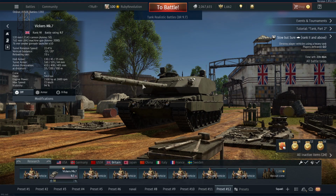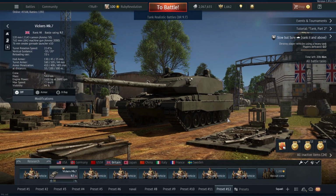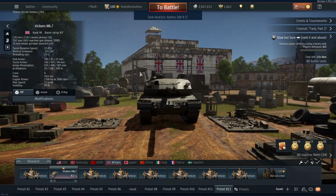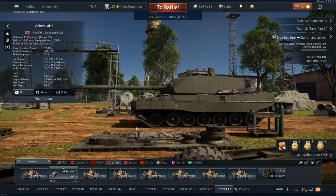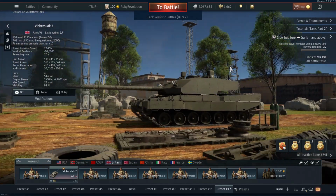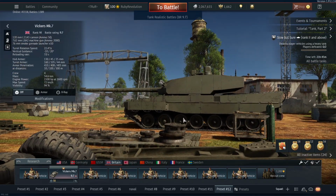This is the Vickers Mk7, which has a battle rating of 9.7 in realistic battles. Very much an interesting tank, this one. A very ugly looking machine. The turret on this is absolutely awful. It is essentially a combination of British and German engineering. It has a British Vickers Mk4 turret mated onto what is essentially a Leopard 2 hull, and it works surprisingly